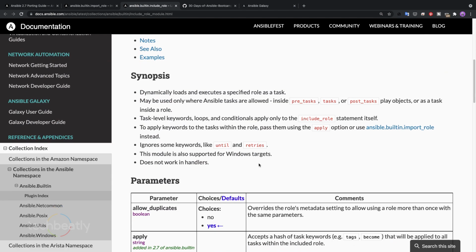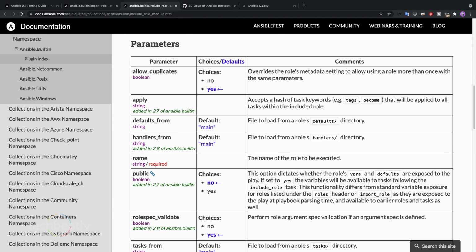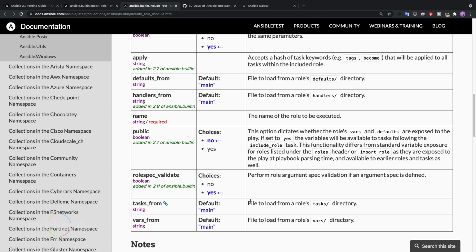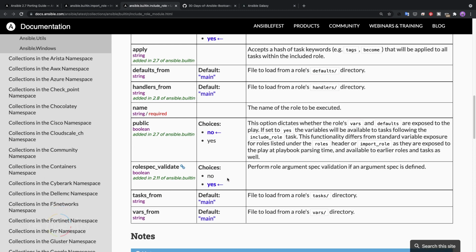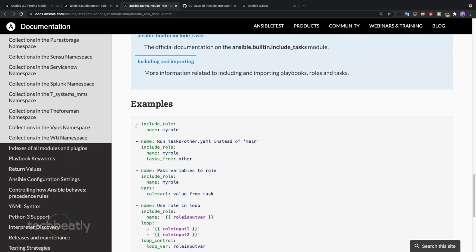It's pretty straightforward. You have some options like allow duplicates, apply, all those things. The default is that you should provide a name and variables. We have some examples. Include role, and you give the name. This is the minimum, and then this role will be included during the play.